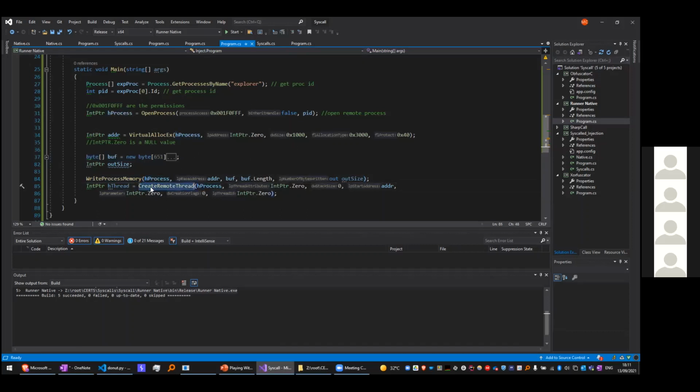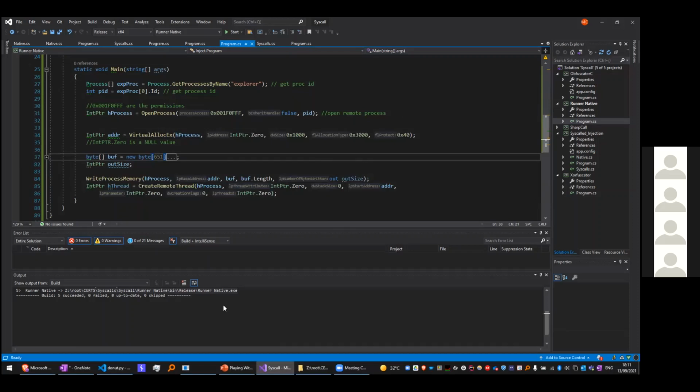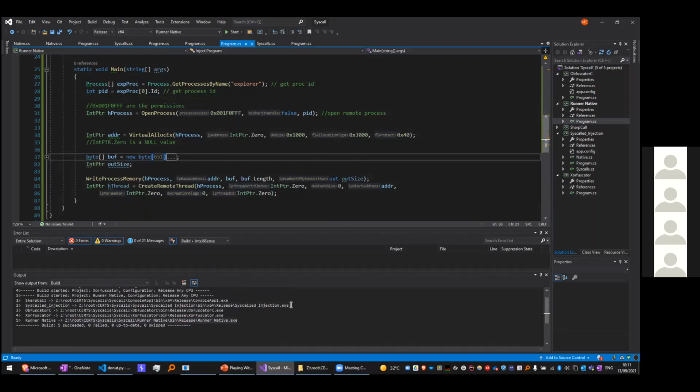Then it creates a remote thread that starts at the address of this thing, and it runs. That's how we get the shell. Now this is the regular one. Now this is our syscalled version,